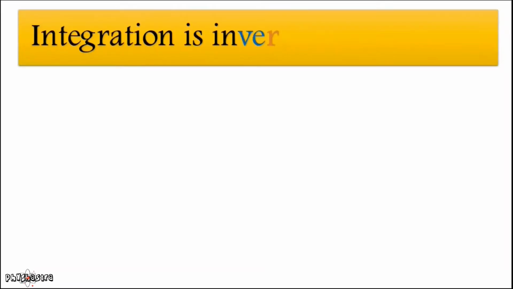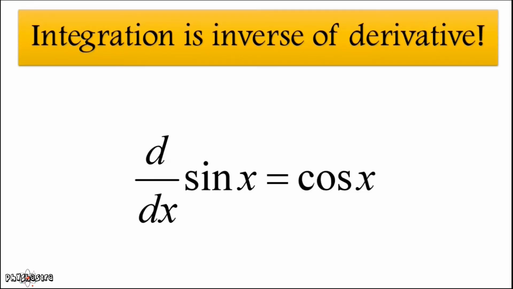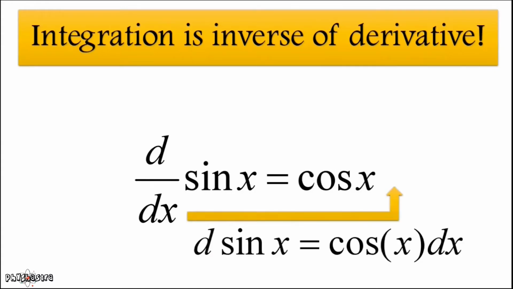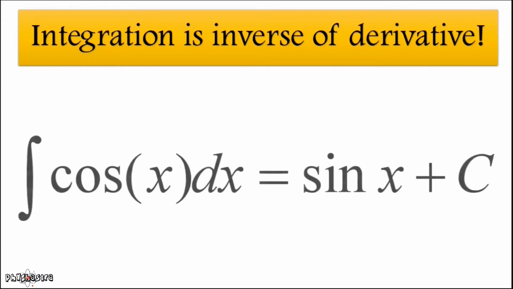In the last lecture on the theory of integration, you saw that integration is the opposite of derivative. And the same is true for finding the formula for integration. We know that the derivative of sin x is cos x. I will rearrange the form by shifting the dx from LHS to RHS, and the same for the d. While shifting, it will transfer to the integral sign. After writing it in a proper form, you will get integration of cos x equals sin x plus c.